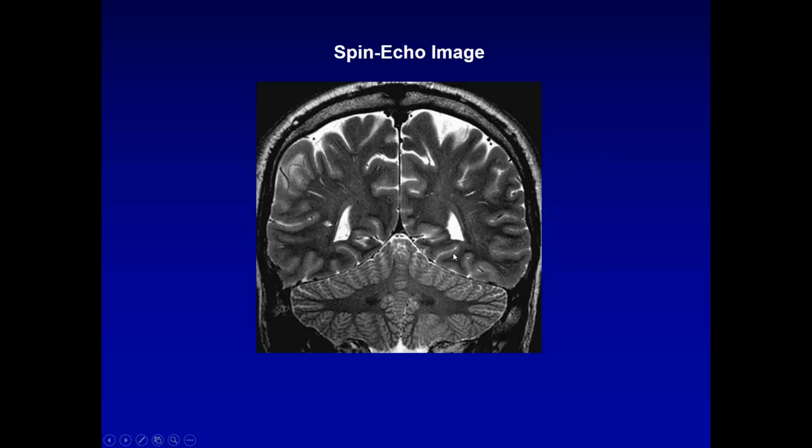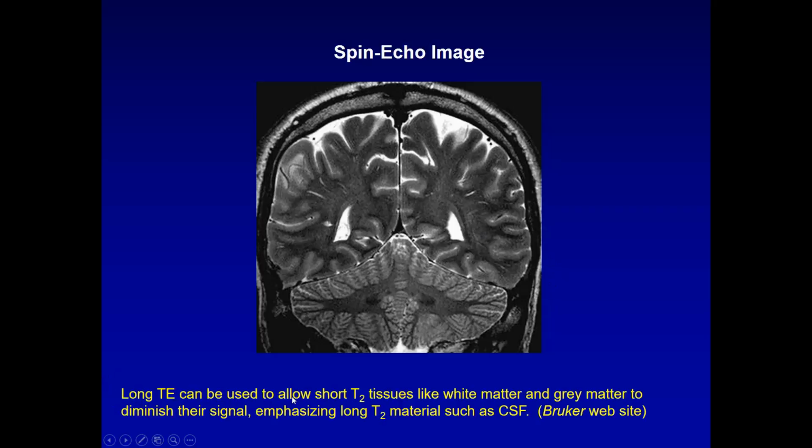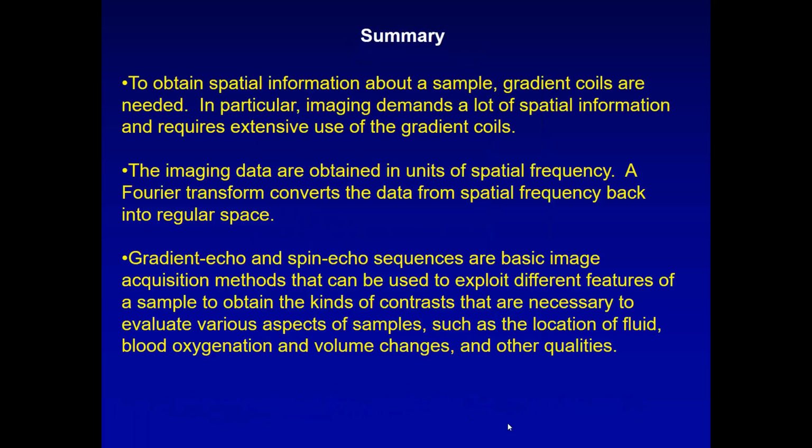The gray matter is in between because its T2 is a little bit longer than the T2 of the white matter. The long TE can be used to allow short T2 tissues like white matter and gray matter to diminish their signal, and that leaves emphasis for long T2 material like CSF. Anytime you want to really light up the CSF relative to other things, a spin echo image is one approach you could use. So to summarize,